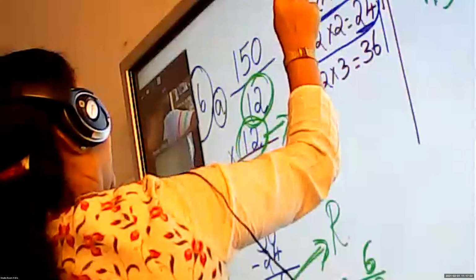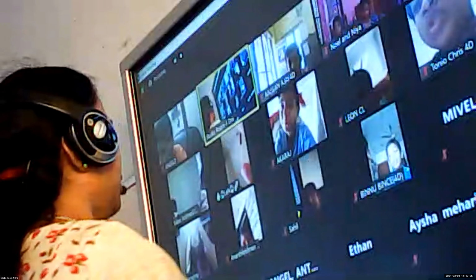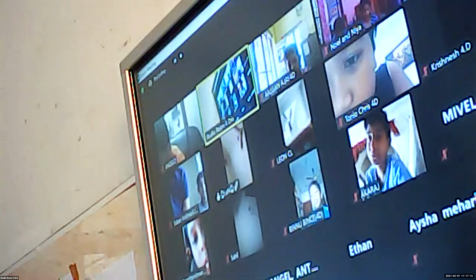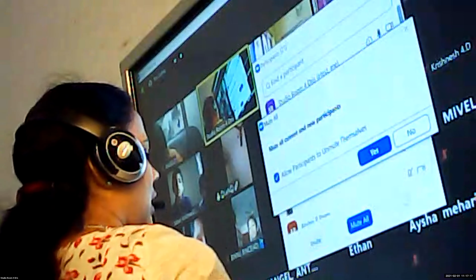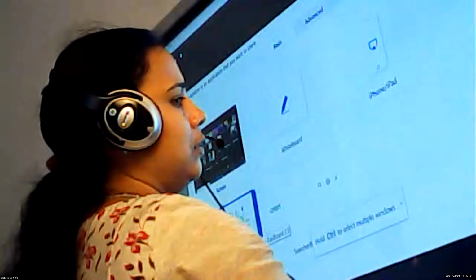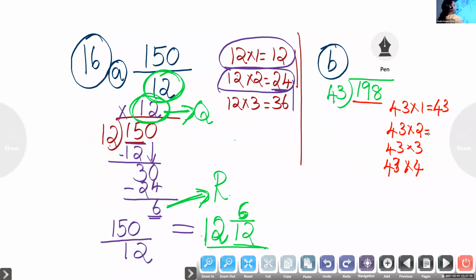You have to multiply and find out the table. Okay, children. Write 43 into 1, 43 into 2. Find out the multiplications on the side and write the table. I will ask one by one now. I want all the children to do it alone. 43 into 1, 43. That you know already. 43 into 2. Find out the answer and tell me.